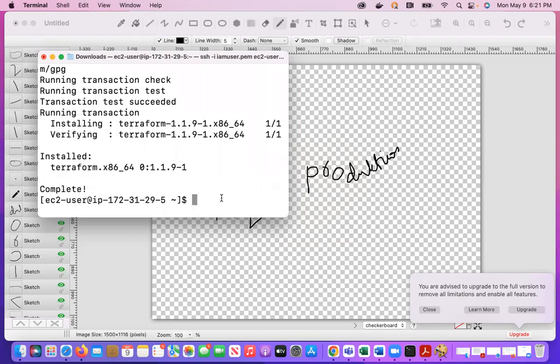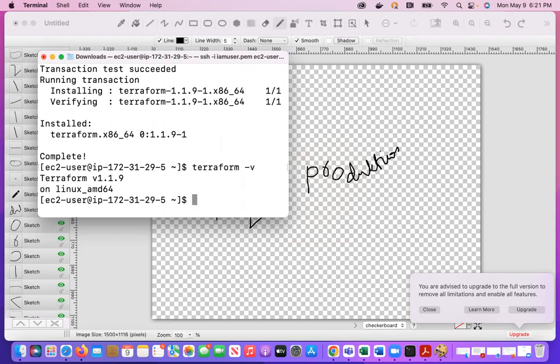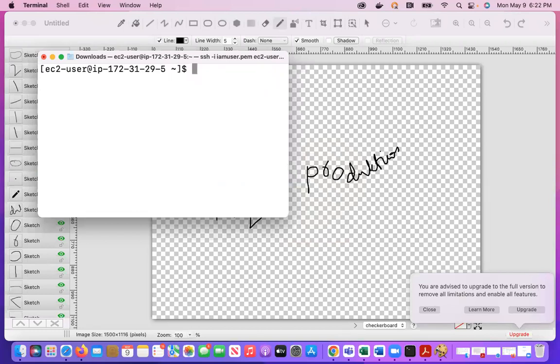Okay, so to verify Terraform, terraform -v. Okay, Terraform version v1.9 has been installed successfully. Now the first thing is we will create a module. Okay, so what is a module? A module is a folder,